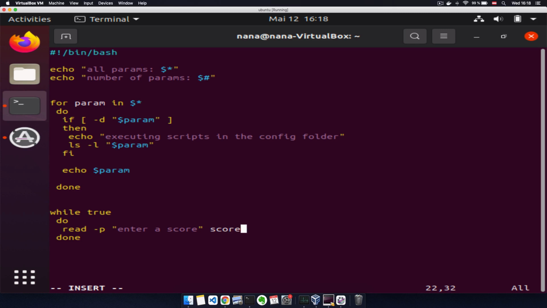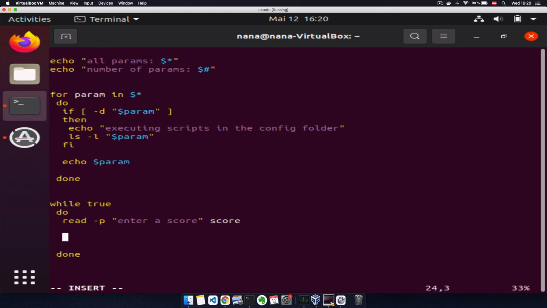Let's call it score. So basically we're going to write a simple program that runs over and over again, asking the user for input for a score, and then we just add all these input scores together. So we basically sum them up. So score,